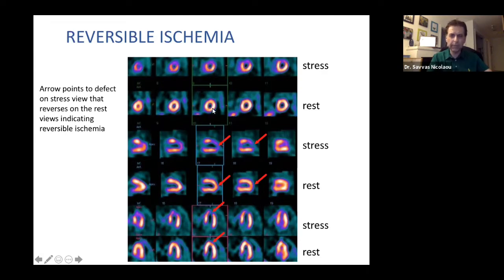It's not bright throughout its extent. However, if we look on the rest phase, we can see it's nice and round in its configuration, meaning that it is reversible. A reversible defect implies ischemia. Ischemia implies viable myocardium. That is a very useful thing to know from a risk stratification and also pre-CABG procedure where the CABG should be performed, given that we have viable myocardium. It's a myocardium that could be saved from the therapeutic and surgical procedures that could be entertained for this particular